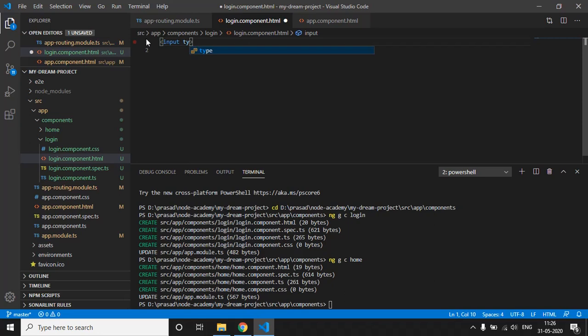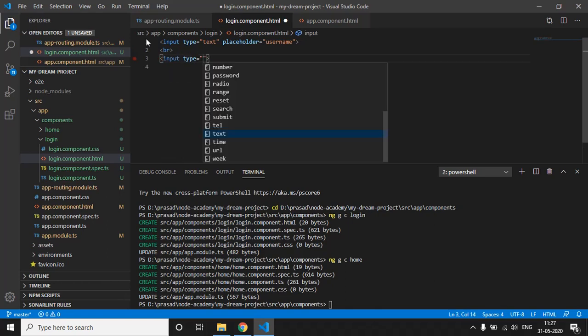and type. This is simple HTML syntax, so I hope all of you are familiar with it. Then text, then the placeholder, let's take a placeholder called username. Then we will break the line. Then we will take another input for password.